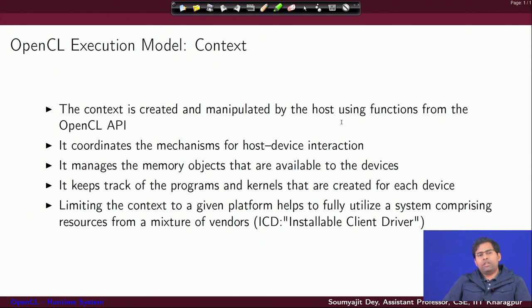Some other context I will define for some other set of devices from some other vendor. I can have the host program coordinate executions in different devices where each of the devices is mapped to different contexts.